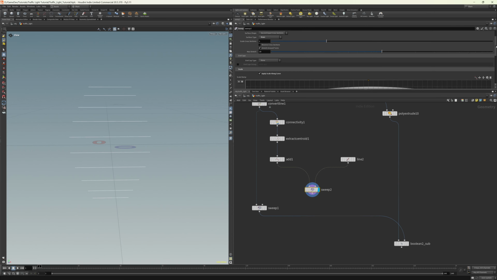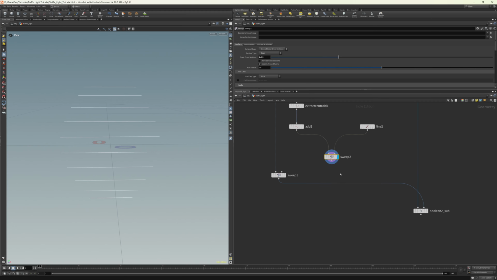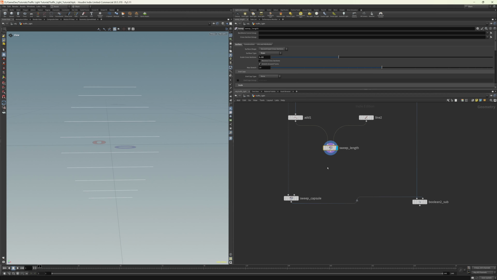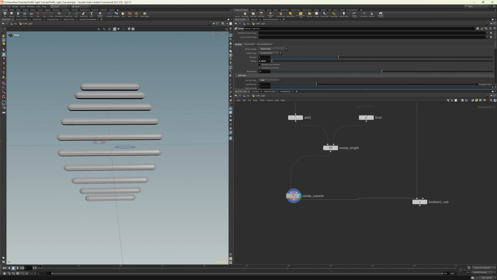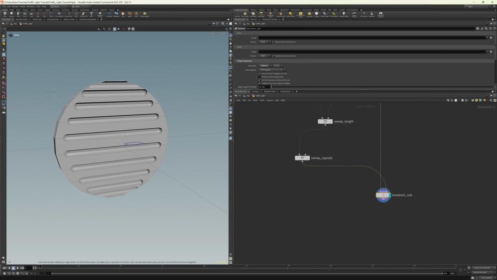We can also control the overall length with this one here, like that. So we say sweep length, this sweep capsule. And now we're gonna put it here, have our capsules. I'm gonna subtract. Okay, now